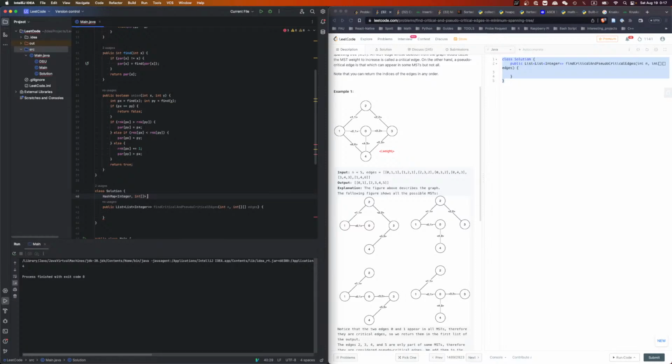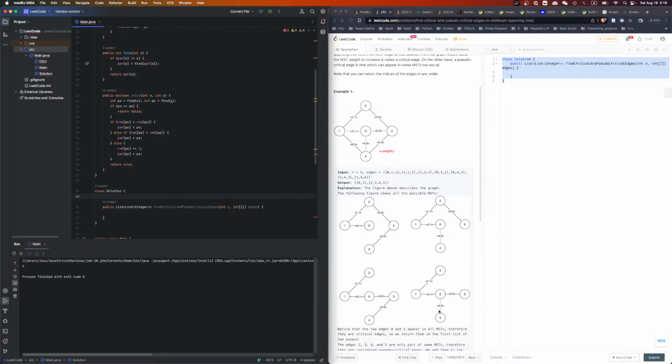Oh, hold on. Well, it's gonna always be minimum. So actually that's not what we want. What we want is going to be all the edges for the MST. Right? So MSTs, lots of MSTs,